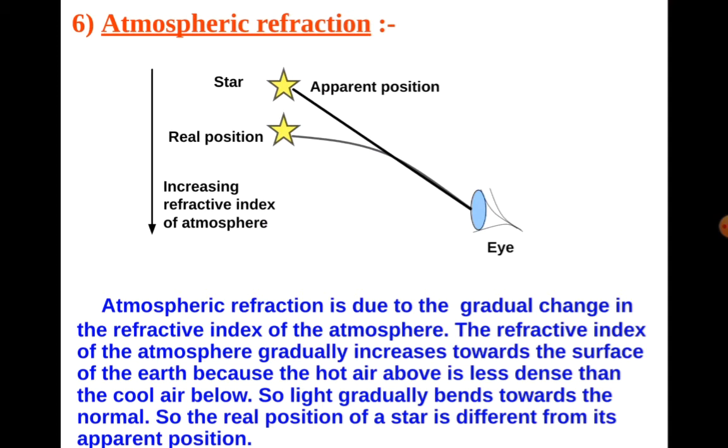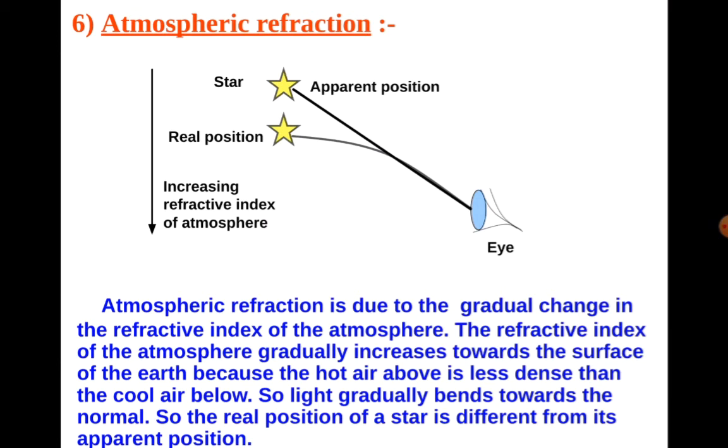what we are seeing now is not in the same place actually. That is the main thing. That means the star appears higher than its actual position when viewed by the observer on the earth. This is because while traveling obliquely through air of increasing optical density, it bends towards the normal. Thus, an observer's eye traces a straight line path, and the ray appears to come from a point higher in the horizon, which gives the apparent height to the star.